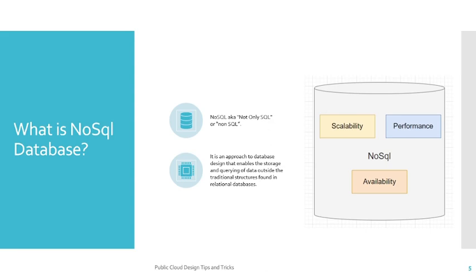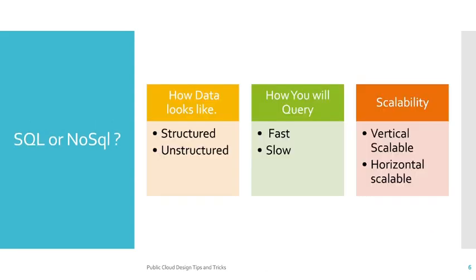So if you want to make your application more scalable, you want to add as many records or as much data inside your database, in that case you can think about a NoSQL database. And also for performance, although it has different types of data types inside it, it will give you less performance as compared to RDBMS. When we are talking about availability, this type of database is much higher. We will talk about these three aspects in detail in the next videos.